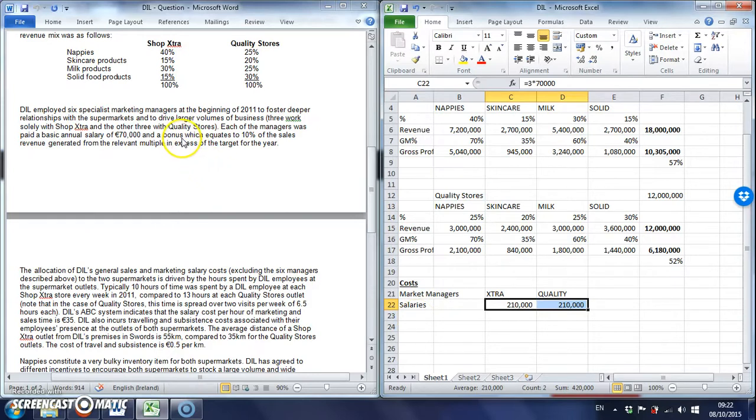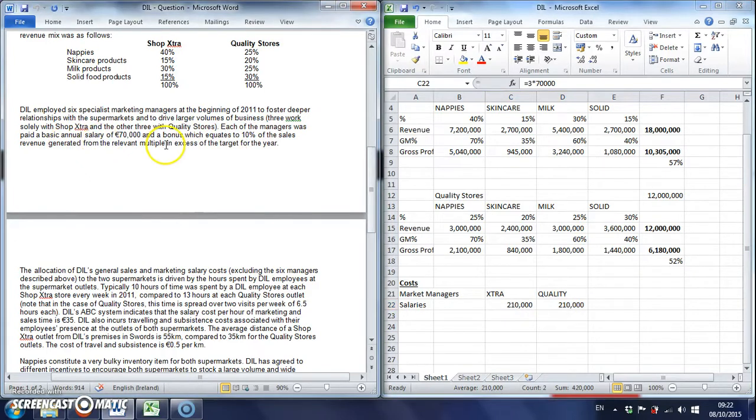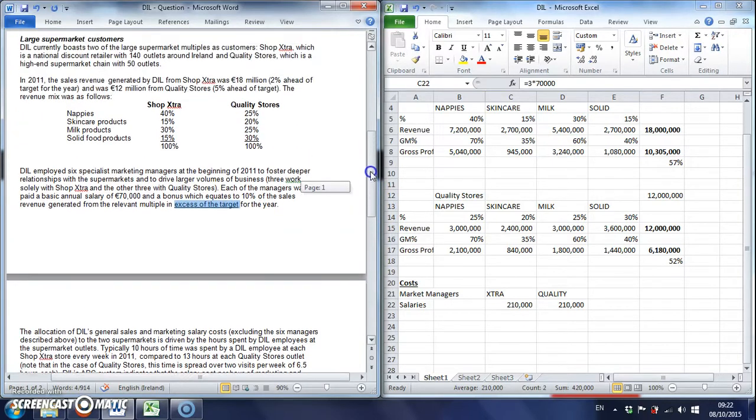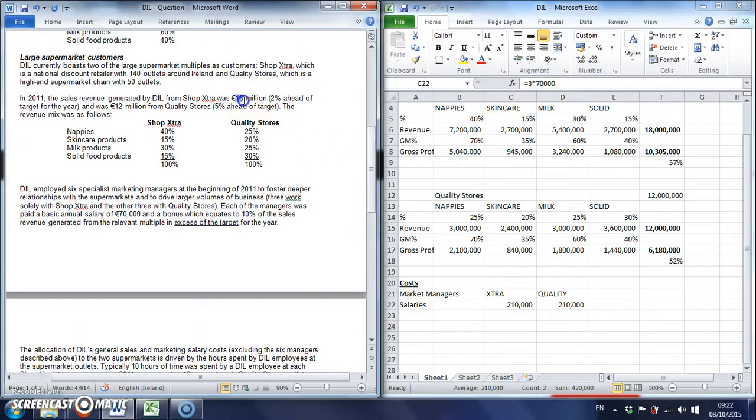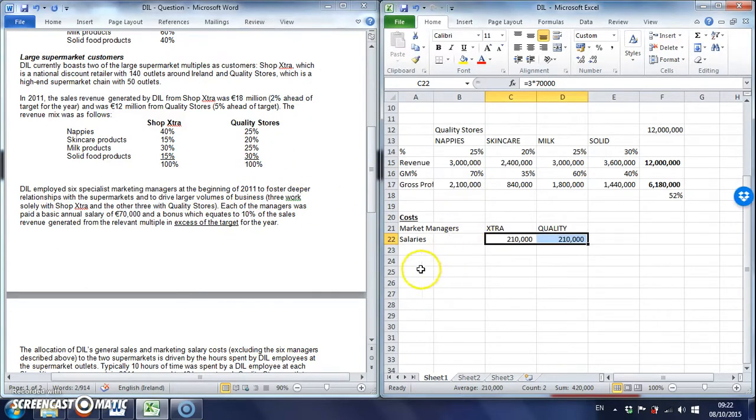And we're also told a bonus which equates to 10% of the sales revenue generated from the multiple in excess of the target. So this question was actually part of a continuous assessment from prior years, so it's a small bit more calculated than you might expect in the exam, but it's a good test of, do you understand how the bonus works and how to follow it. So if students go back up here, you'll note that you're told 18 million and it's 2% ahead of target. So again, you always have to ask yourself, why am I told this? Well, you're told this because that's what the bonus is worked on. So if we go back here,